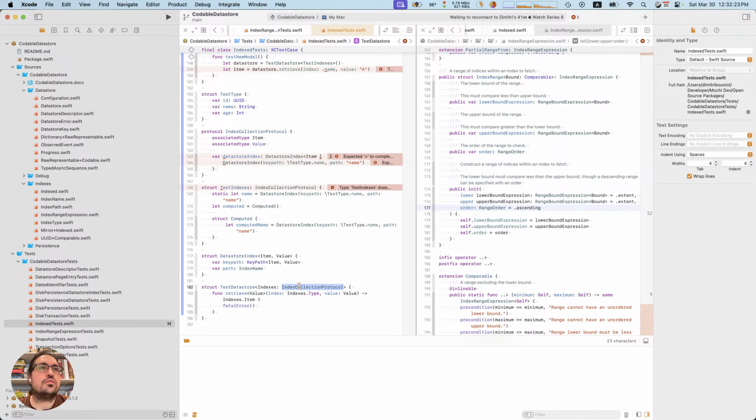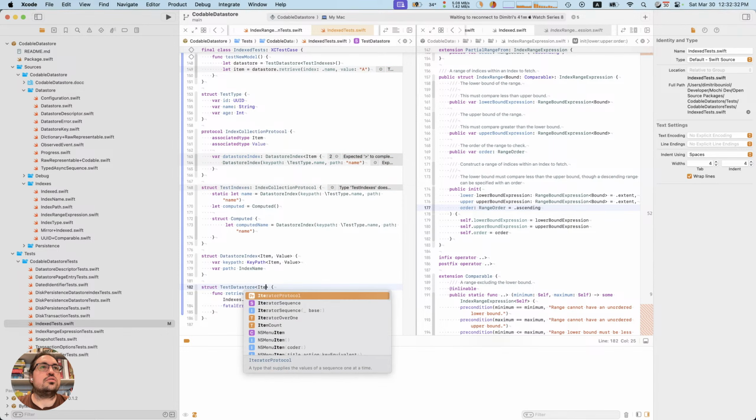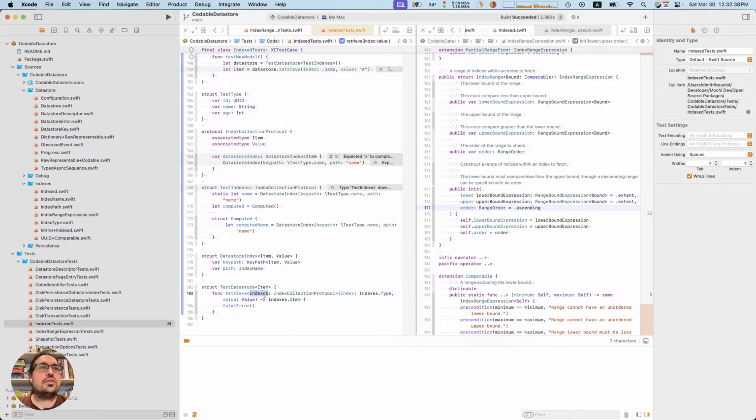What if this was tagged to an item, right? And then here we have the collection of indices.